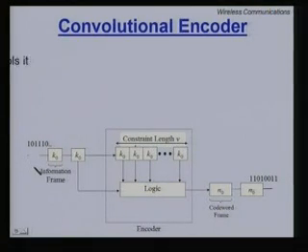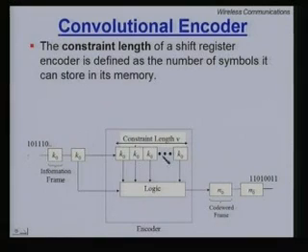First of all, please note that we are going to start with a shift register, the basic memory block. Let us say the number of elements in this memory block is nu, where it is measured in terms of k naught, the information frame. What is the information frame? We are processing a certain number of bits at a time, which are being placed inside the memory, and the memory is much larger than the set of bits coming in as input to the memory.